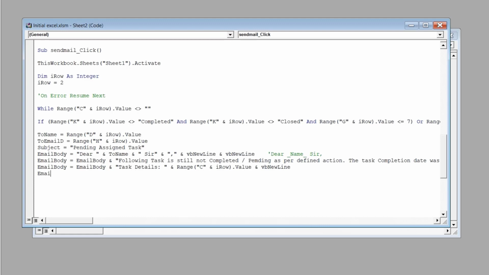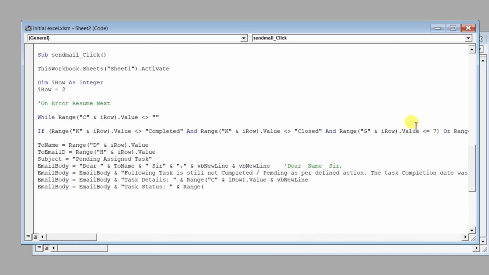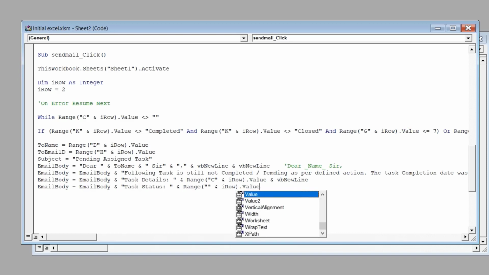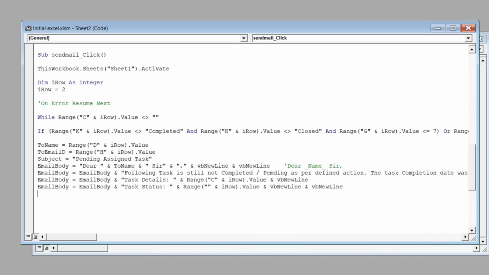Under the last line we want to type email body, again this email body, and we want to give them the current status, and range. Our status is under the K column, so let us type K and I row dot value. Now we want to add a new line, and finally in the last line we want to ask them about the current status. So let's say email body and